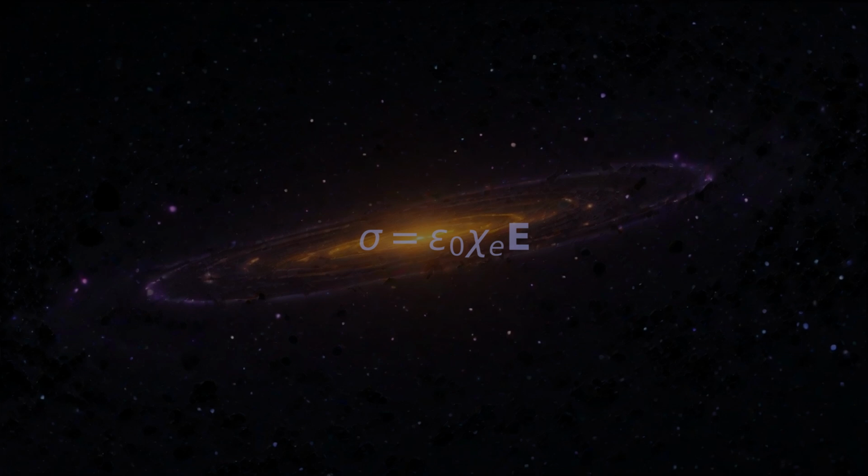Fifth, the photoelectric equation is K sub max equals h nu minus phi, where K sub max is the maximum kinetic energy of the emitted electrons. h is Planck's constant, and nu is the frequency of the incident light, and phi is the work function of the material. The maximum kinetic